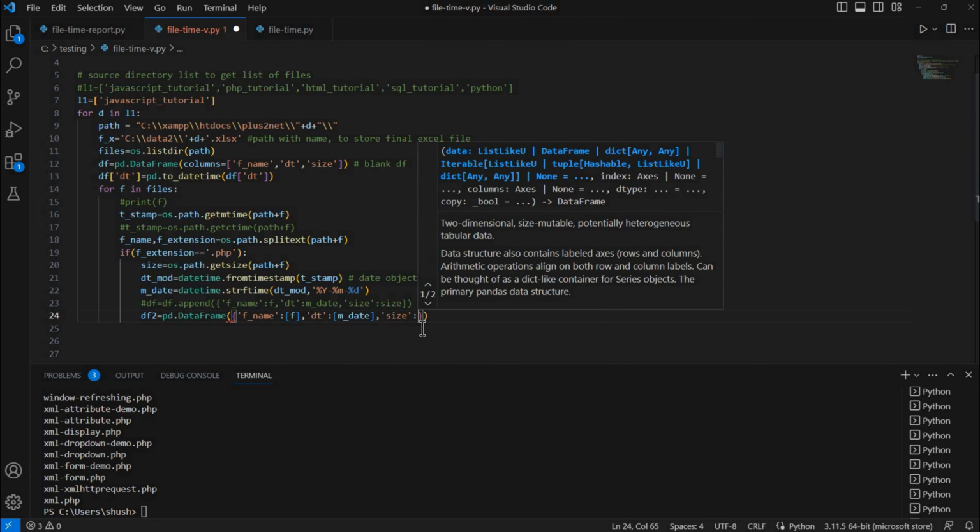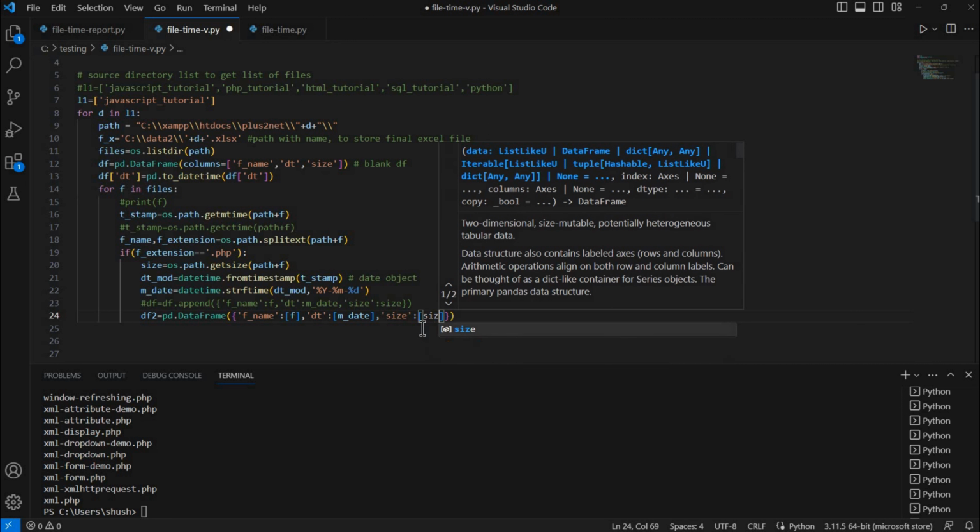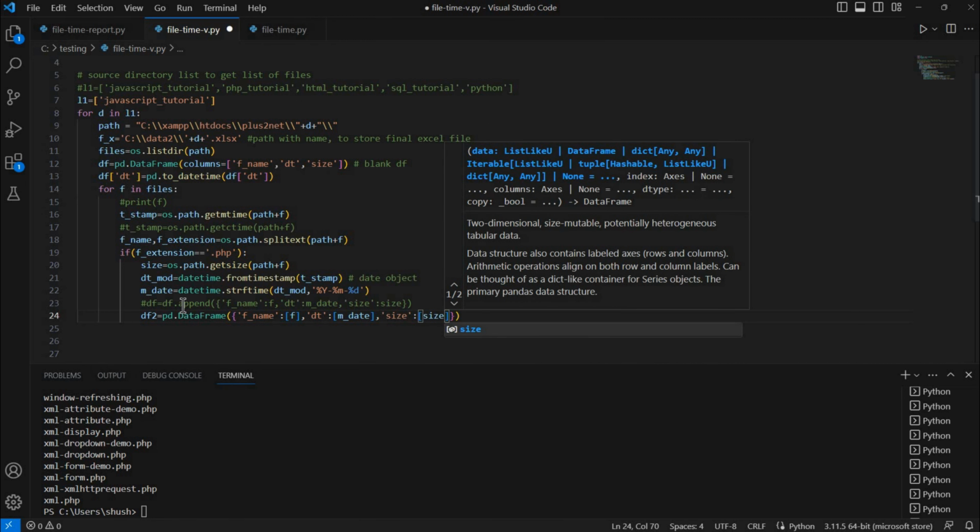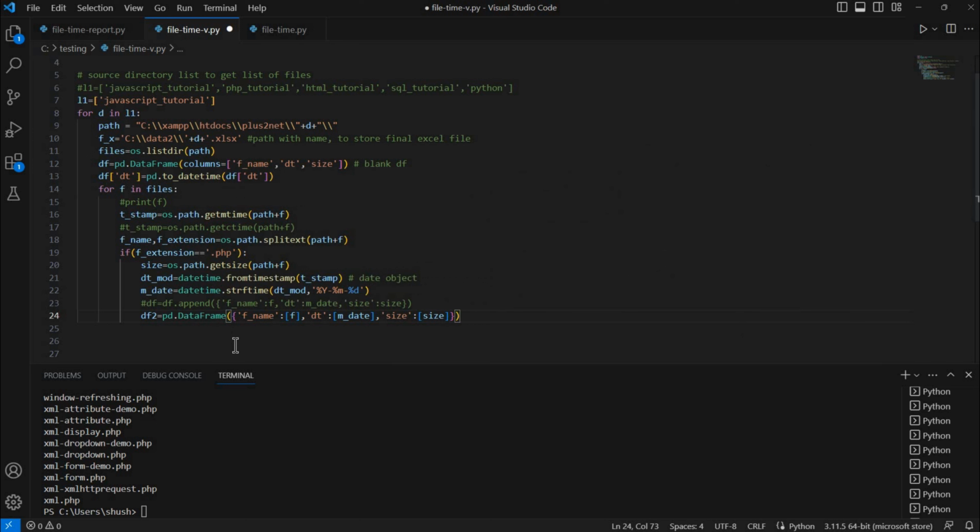Okay, now let me just put it inside this list size. So I got that df2. Every time this will be created, so it will be written, so a fresh data frame will be created. Now I will use concat, so that my data frame equals pd dot